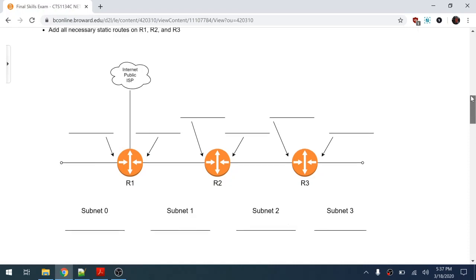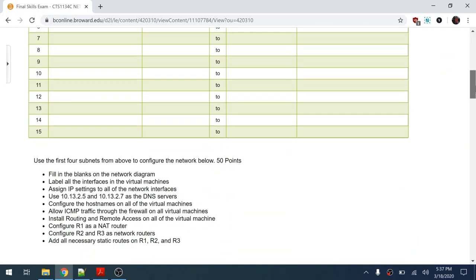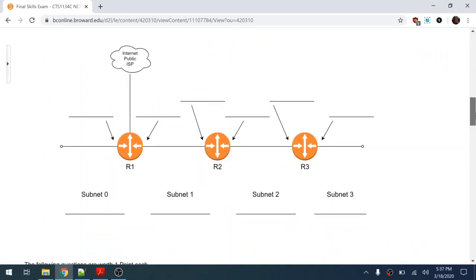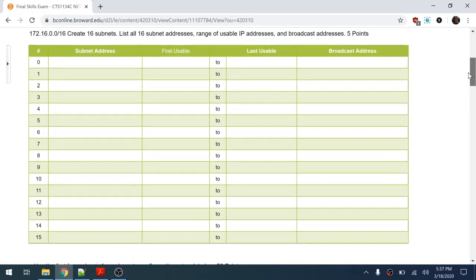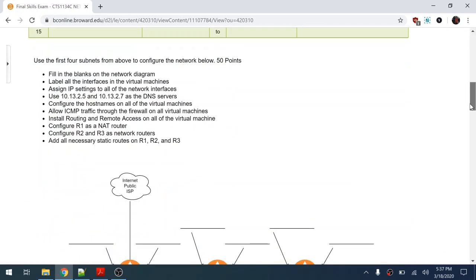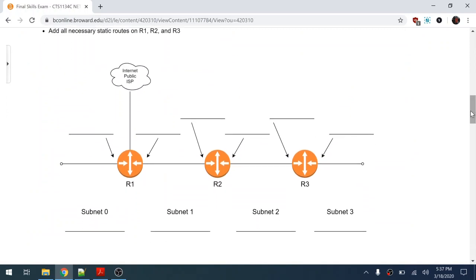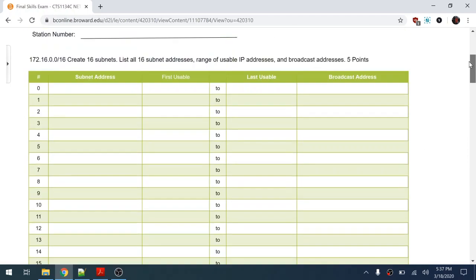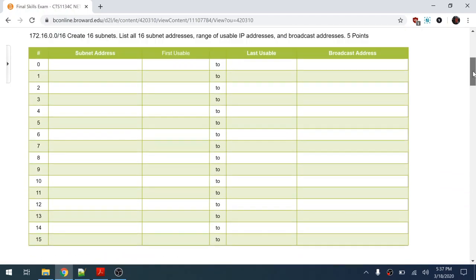This is going to be the document that you have to fill out at the very end of the class for your final skills exam, but I'm just going to use this to design the network and show you an image of what network we're trying to create. So the first thing we need to do when we design a network is to do our subnetting. So this video is going to be about creating the subnets we're going to use